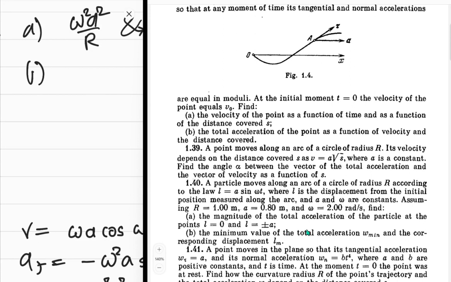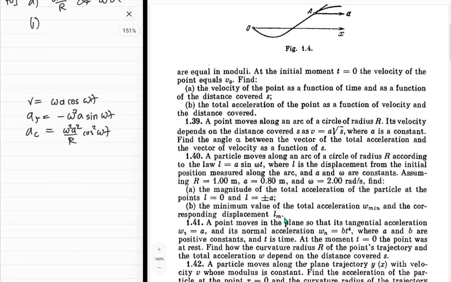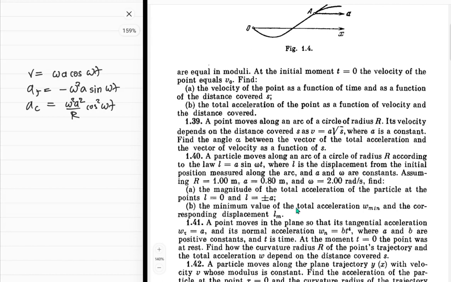B is the minimum value of the total acceleration and the corresponding displacement. Okay, cool. So total acceleration has the magnitude, right? You just want the magnitude of acceleration. So omega squared, I'm just gonna use a squared. Okay, so we already have a over here, that's why we have to use but man, omega is already used as well. So w, I just hate this notation,